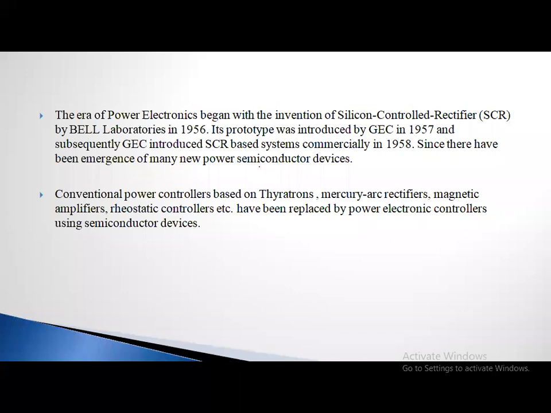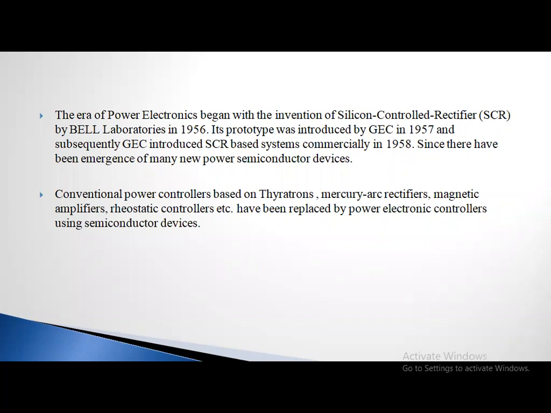Is it right? We need some DC supply. So was a rectifier installed there in the electrical machine laboratory? We have the AC supply, but to run the DC motor, we require a DC supply. So we are converting AC to DC. So we are using one rectifier. Is it clear? And one more example I will tell.